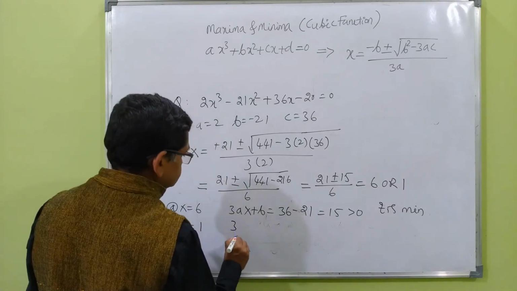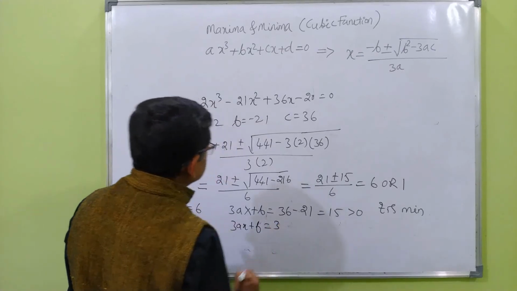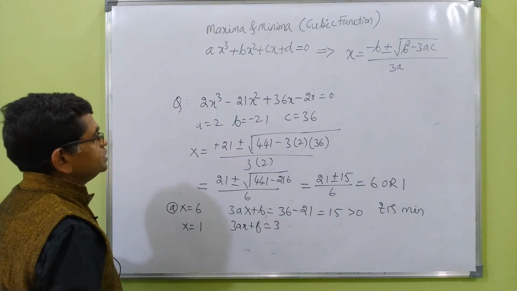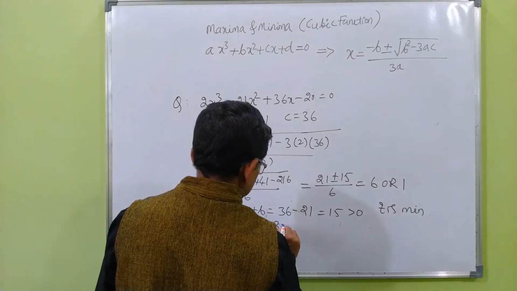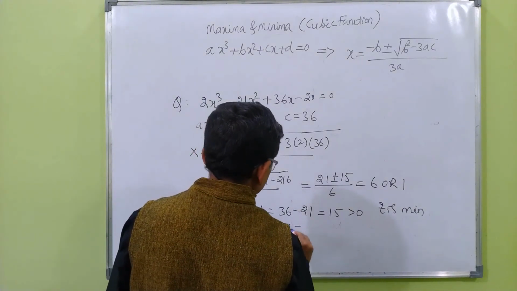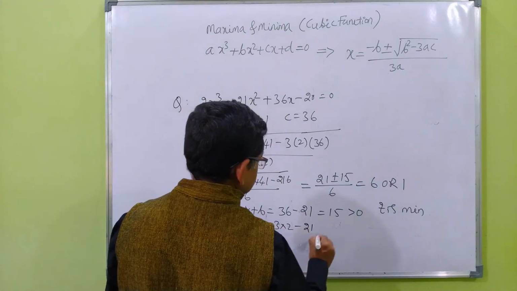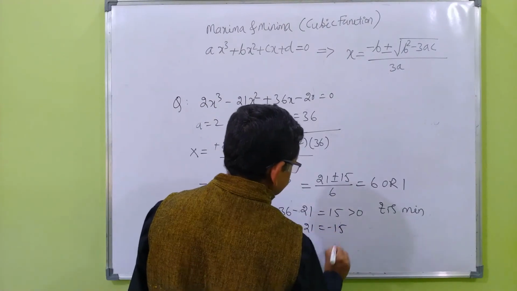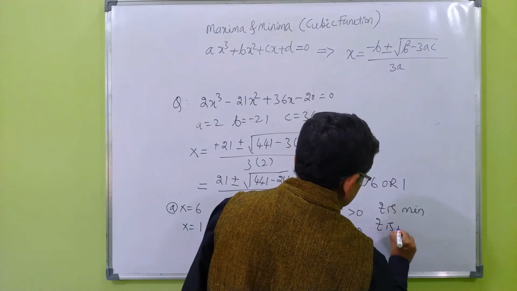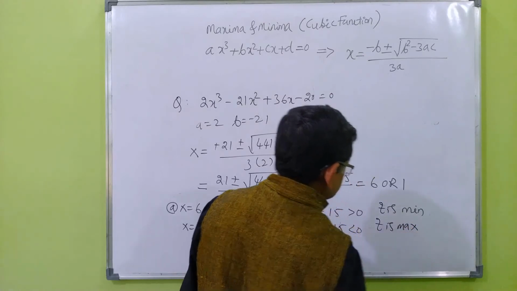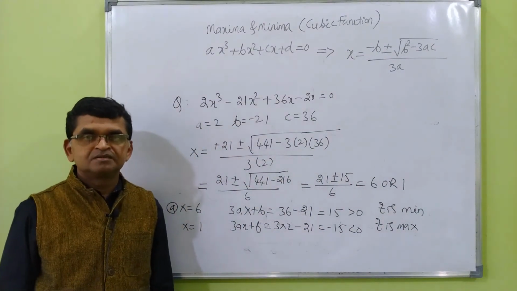At x is equal to 1, 3ax plus b is equal to 3 into 2 into 1, that is 6, minus 21, which is minus 15. So this is negative, so f is maximum because the second derivative is negative. Okay,